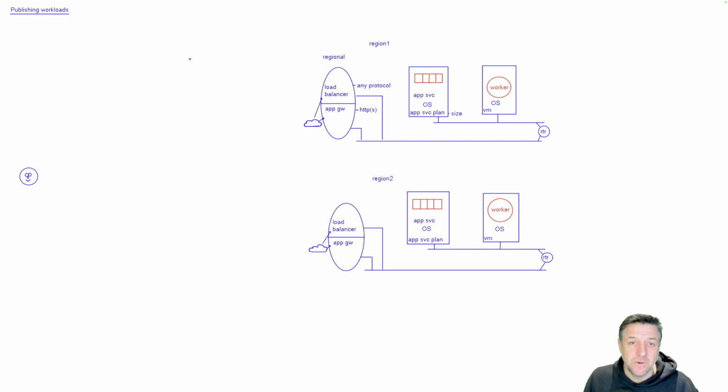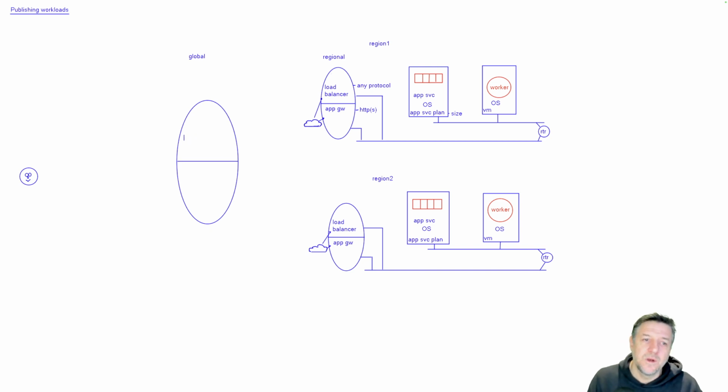So in Azure, we have a couple of global solutions, and there are two of them. When we want to do global scale load balancing, one component we could implement is the traffic manager. The traffic manager, just like the load balancer, pretty much supports any protocol, and it is basically